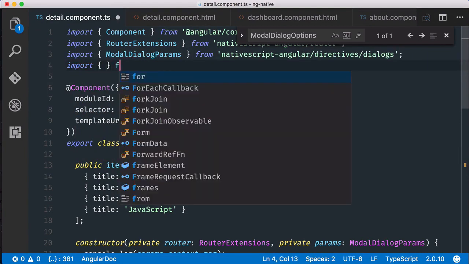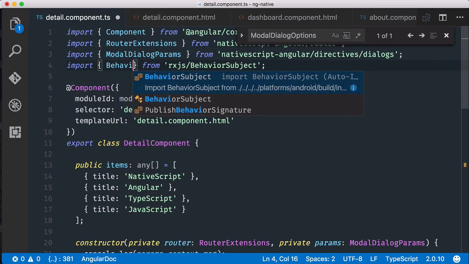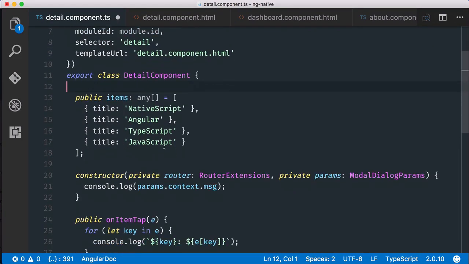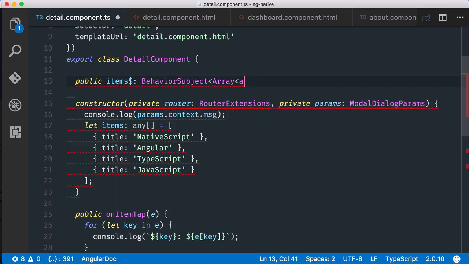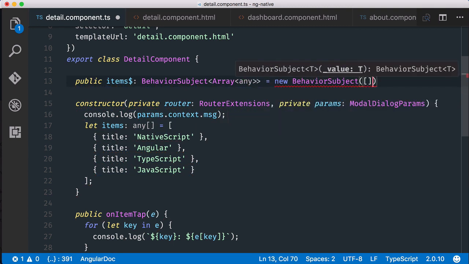Let's import from rxjs. We'll use the behavior subject. Now let's convert our items to be a behavior subject. And let's actually use the items to set this up. We're going to reference these here, and we're going to convert this to a behavior subject. It'll be typed as an array of any type of object, and we'll instantiate it, and we'll initialize it to an